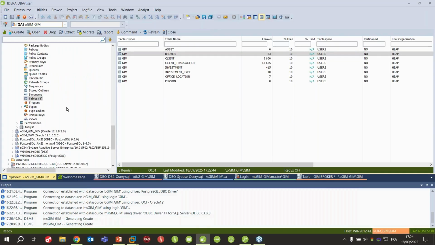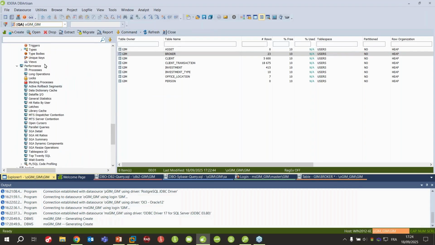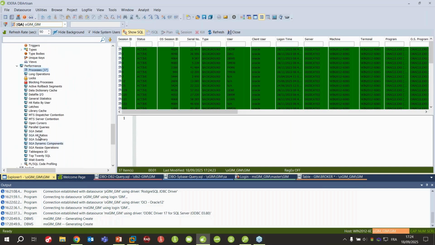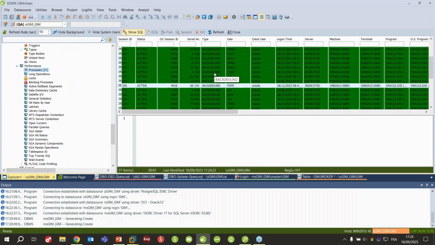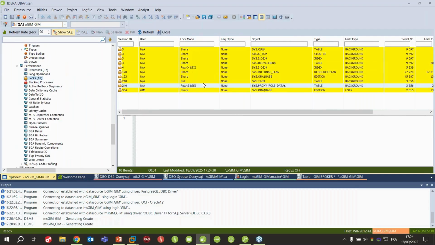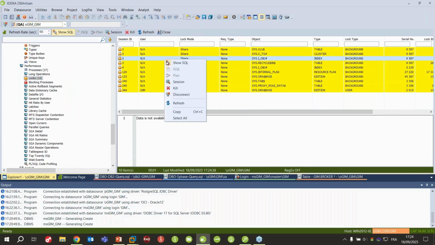Regarding the performance itself, sometimes you want to check the different processes that can run on your database. If we have a node that is called performance, and we expand this node, we will see different nodes. From here, for example, if I click my processes, I can see in green the different processes that are currently running. If we have any logs on my database, I can view them directly from here.